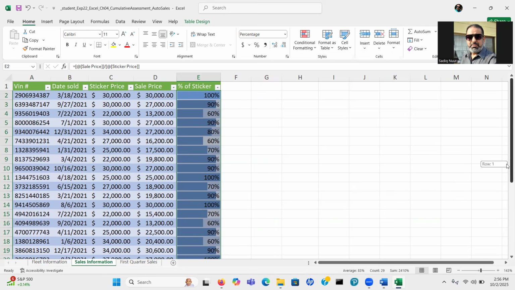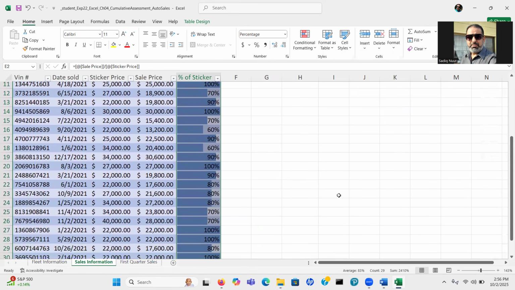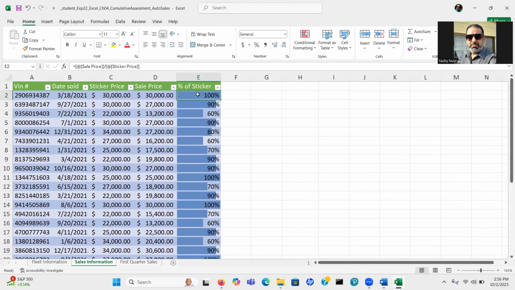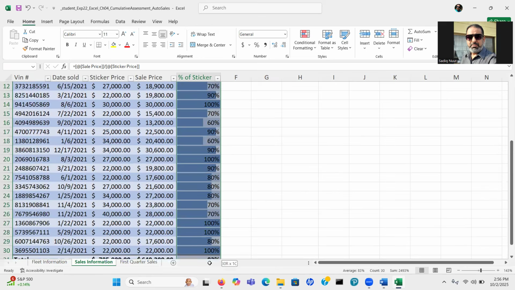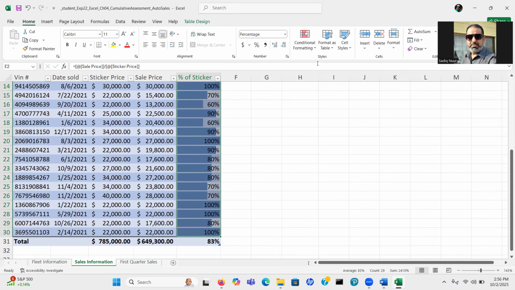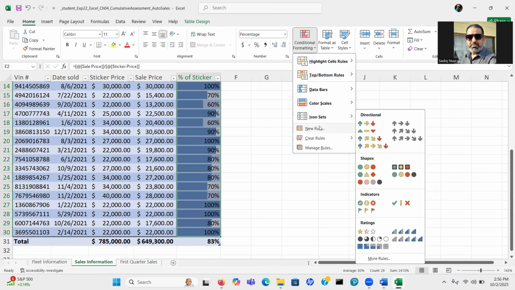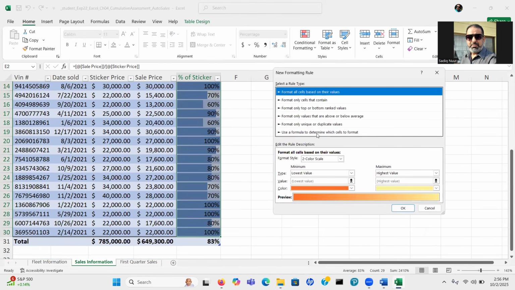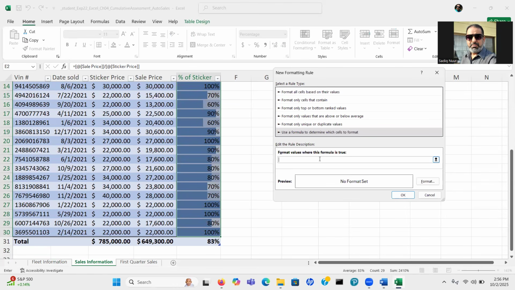So let's do it again. Let's highlight again. Conditional formatting, and then new rule. And then we have to put the formula E2 less than or equal 70%.